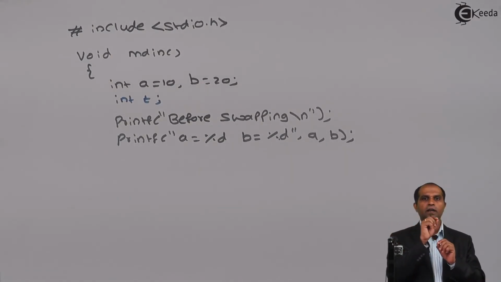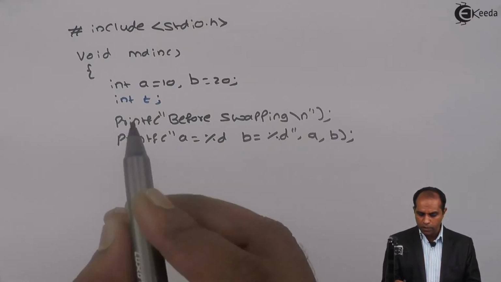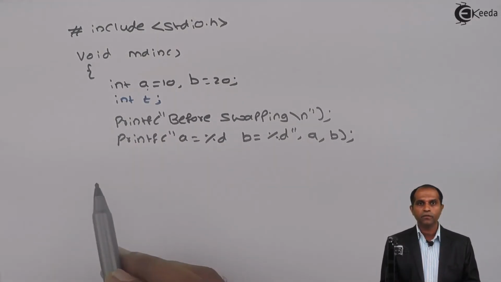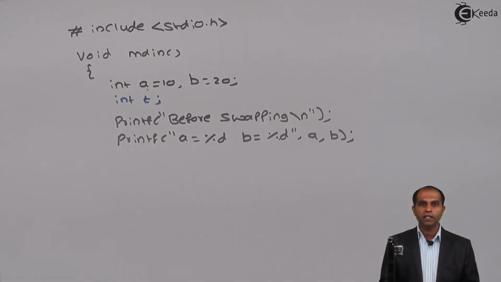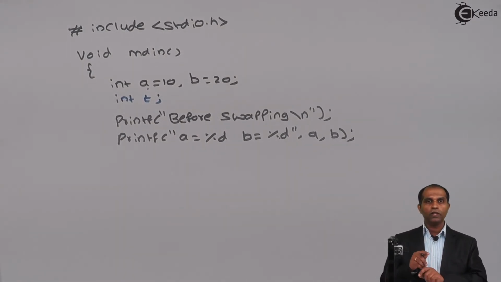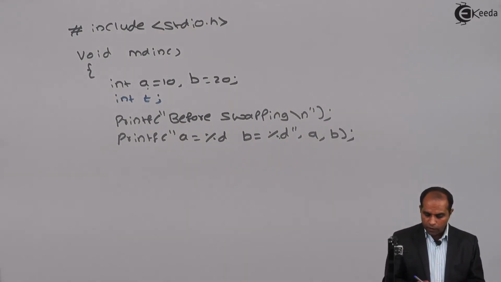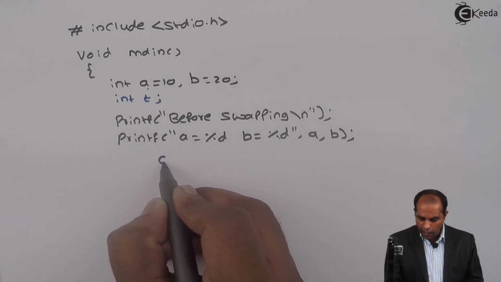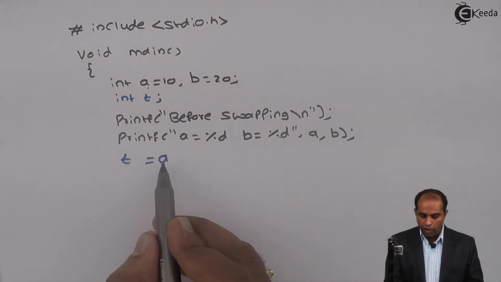On the next line, you get A equal to 10 and B equal to 20. Now, if I opt for the first method, in the first process we have values of A and B. So I said you can copy A or B into this particular T. The assignment operator always works from right to left. Hence, copy the value into T. So I'll say A should be copied to T. The value of A goes to T.